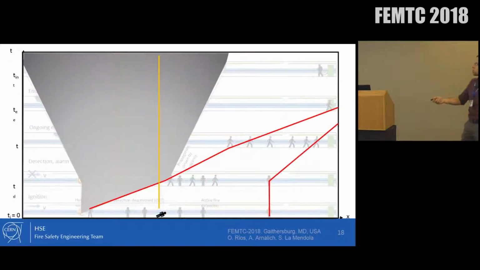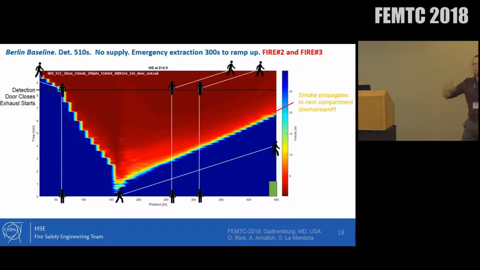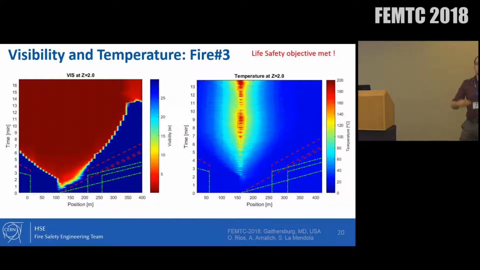So we can create those plots out of the FDS simulation. So that's visibility, for example, and visibility at 2 meters. And we can create exactly those same plots, time stacked over length. And we can plot on here the people moving out. And then we can count all the visibility along this evacuation path, or the FED, like the thermal FED, we can easily account for. So we did that, and we did that for occupants.